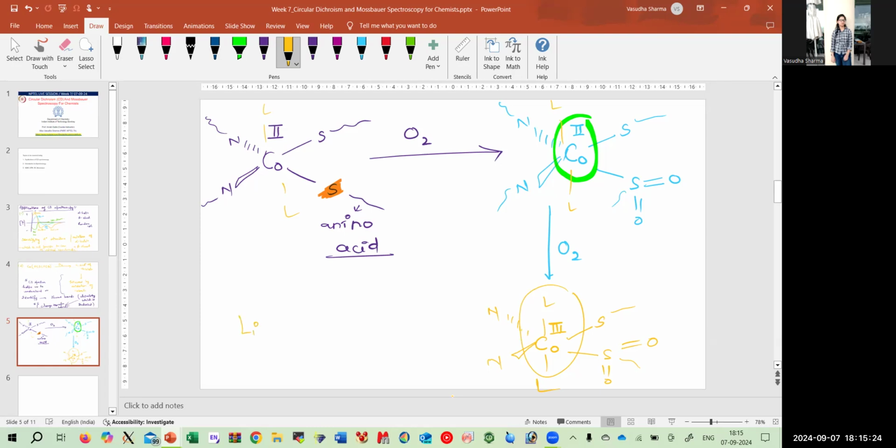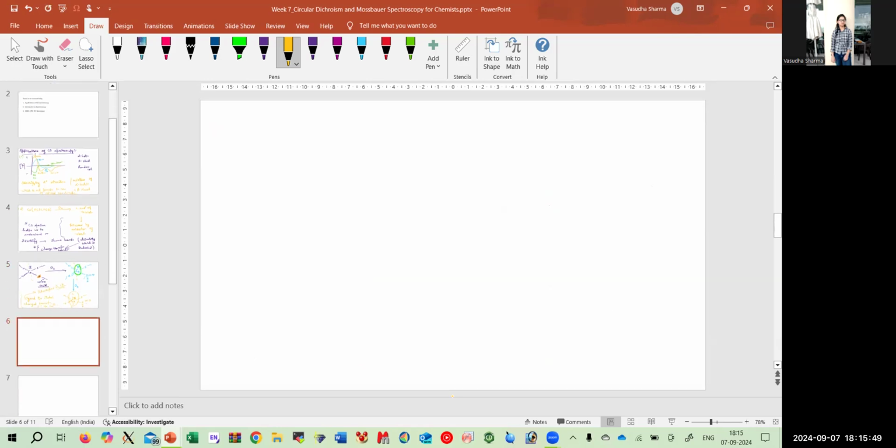So we can expect here to have ligand to metal charge transfer from S negative to cobalt plus 3, and this charge transfer can be easily identified in CD spectrum, right? Now the second application that we have in hand is,